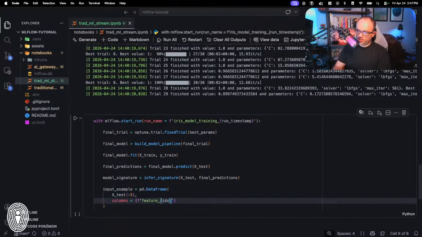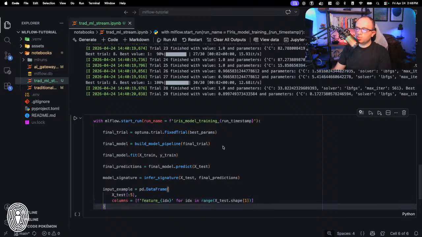The only reason I'm having to do this little thing here is that when we download this data through scikit-learn directly, it's basically a NumPy array with no actual column names associated to it. So I'm just creating some fake column names here. Now you'd want to be more careful with a real project, of course. All right, so that's the input example.